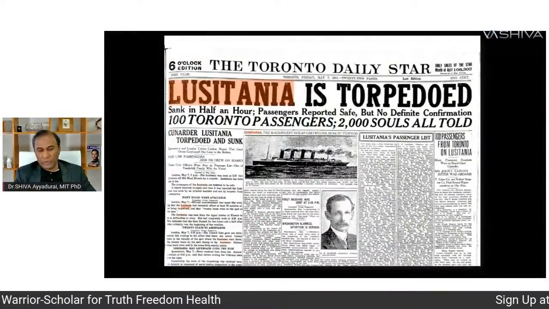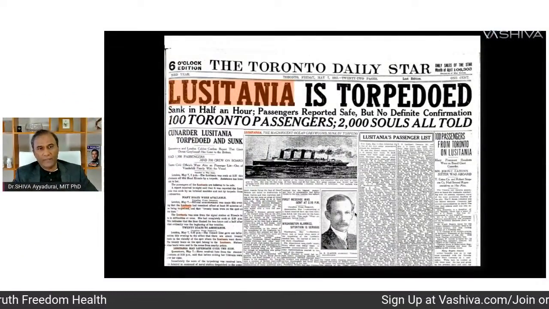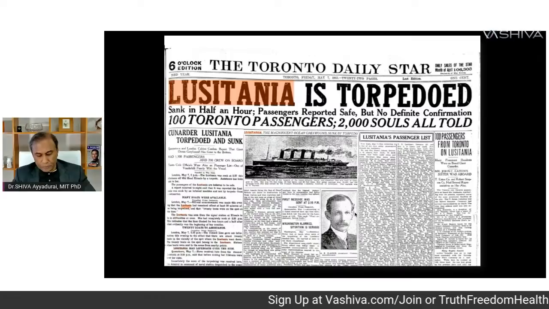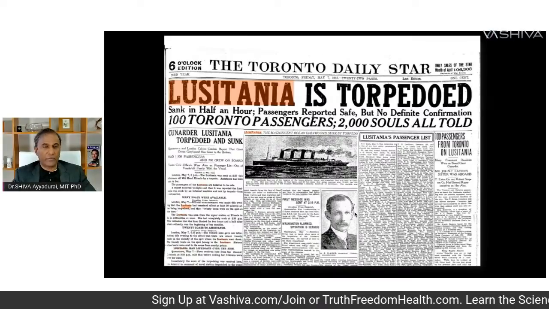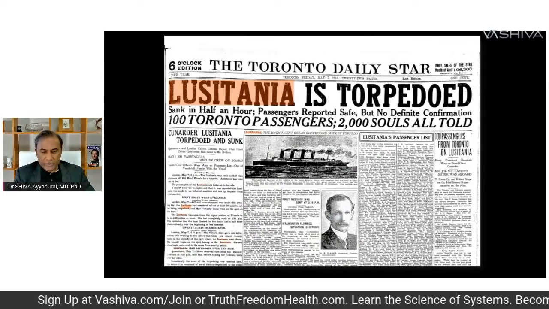So what was going on here was the British were putting out news that the Germans are horrible people, that they're putting people up on crosses, raping nuns, cutting the arms off children, and that was to affect the American public who did not want to get involved in the war. But the tipping point of this was this news story, when the Lusitania is torpedoed. The Lusitania was a ship that was torpedoed by the Germans. Now you have to understand, the Germans had put out warnings repeatedly.